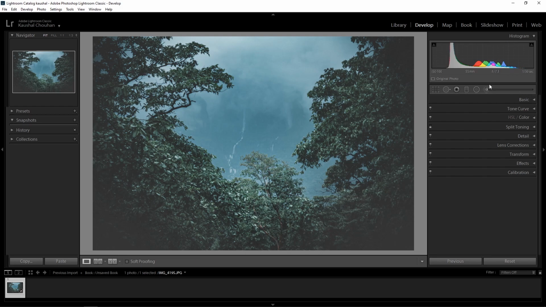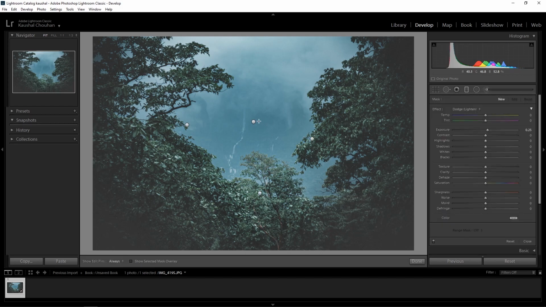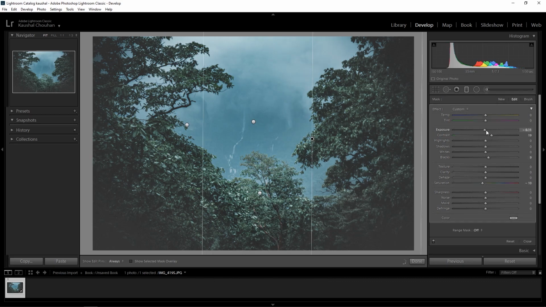It's looking quite good. If you want, you can make some changes in the radial filter. If it's looking too dark, you can increase the exposure a little bit. We have to make changes for all the radial filters. Okay, just a little bit more. Yeah.